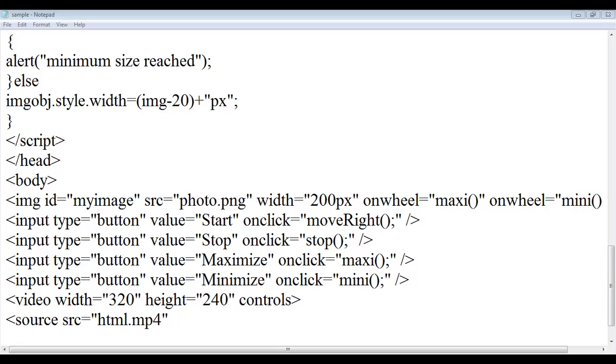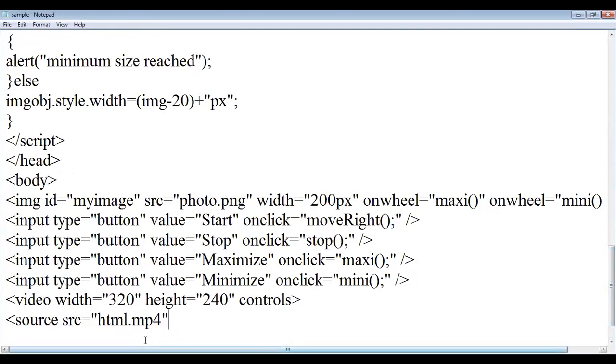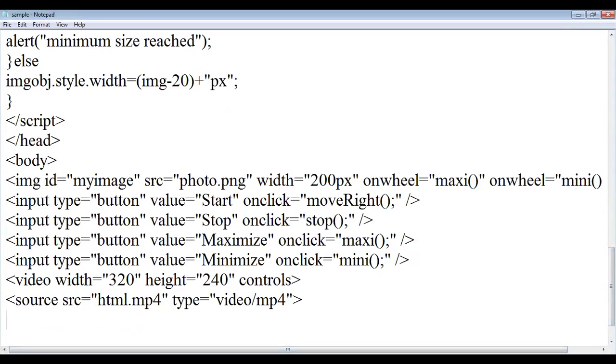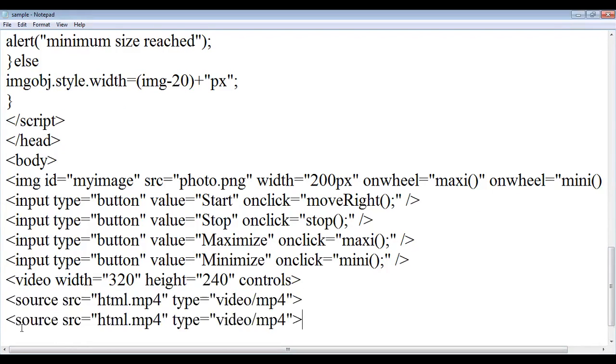So I want to specify the type of the video. If the content is not available, what information do you want to display?